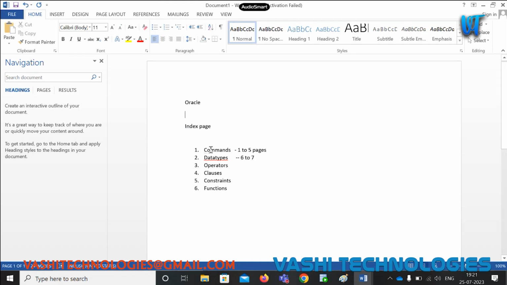See, if you are maintaining the index space, you are ordering all topics together in a particular order and making the page numbers like this, right? If you are searching the commands information, see, if I started from the starting, the max page is the 5th page. If I am reaching beyond the 5th page, the commands are not available on other pages, right? See, the commands information is available up to the 1st to 5th page. If the search operation is going beyond the 5th, the search operation needs to be